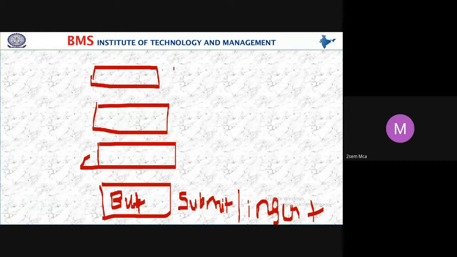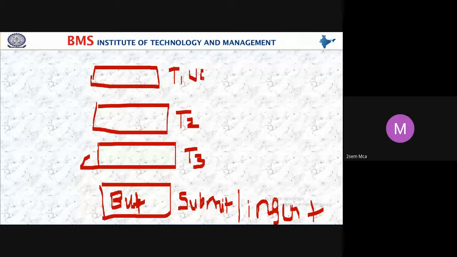Now, what input I have to take in the first text box, what input I have to take in the second text box, and what input I have to take in the third text box? Any idea? So I have developed this form. So I know what information I have to give in the first text box. That is USN. In the second text box, name. In the third text box, semester. See, I have developed this, so I know what values I have to give in these three text boxes.